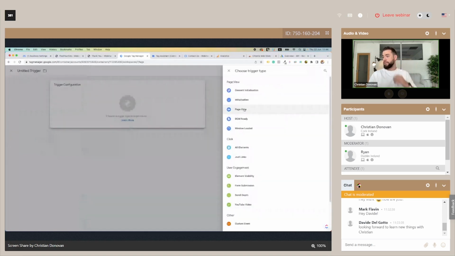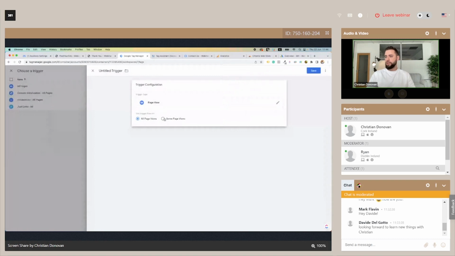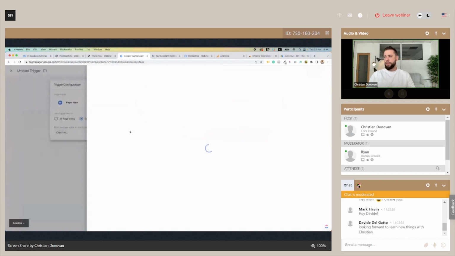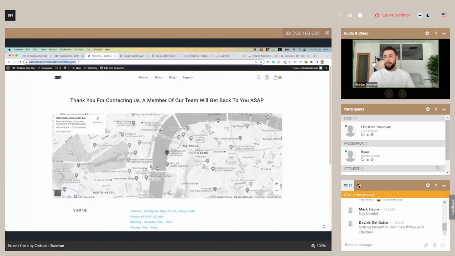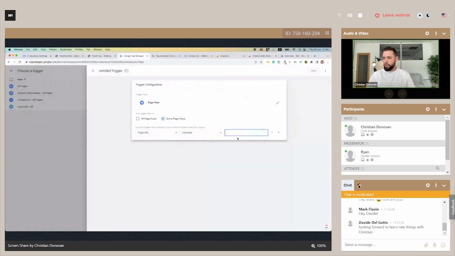And this one is actually a page view. So if we click on page view here, and again, we don't want it on all page views, just some page views. So select that. And what we actually need is the page URL. So it is showing up for us here. But if you choose built-in variable, you'll get all your options. So go page URL and then go back here and go back to the thank you page and grab the end of that URL. So just from the / after .com and input it in here. So any page views on page URLs that contain the /thank-you will now trigger